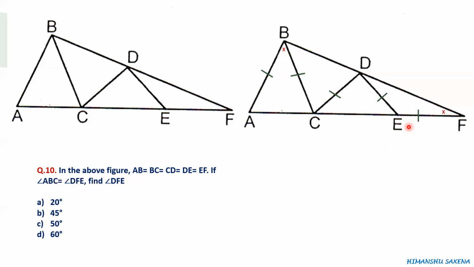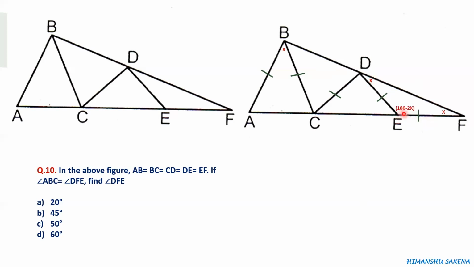Now we have to find the value of x here. So we will keep solving this question, right? Whatever we can find out, let's try and find out till we know each and every angle, and then it would be easier for us to find the value of x. Now if this is x, this is also going to be x. Why? Because these two are equal sides, so opposite angles would be equal. So this is going to be x. The value of this is also x. Now if this is x and this is x, then what is the value of this angle? 180 minus 2x, because the sum of these three is equal to 180.